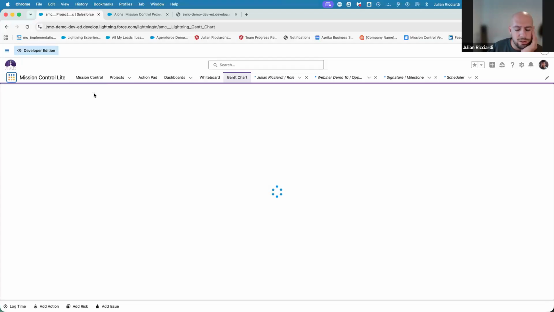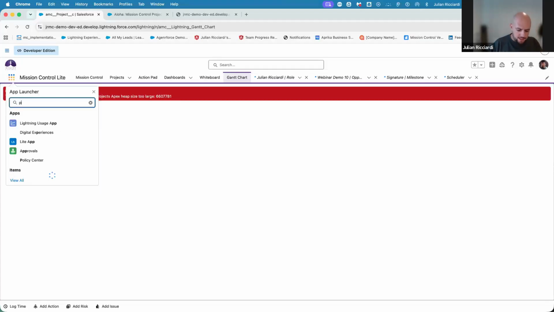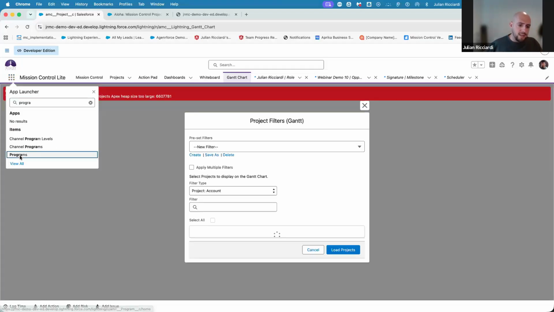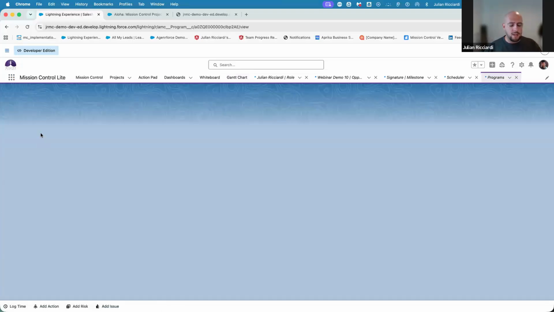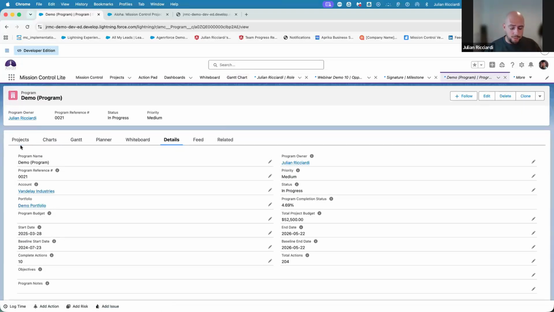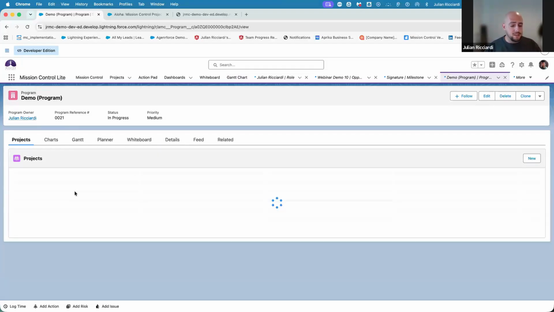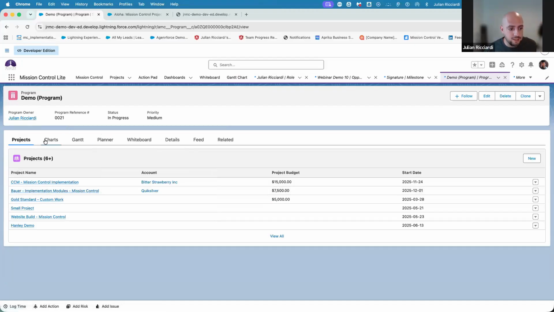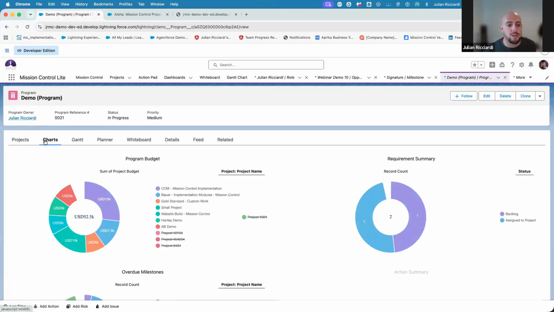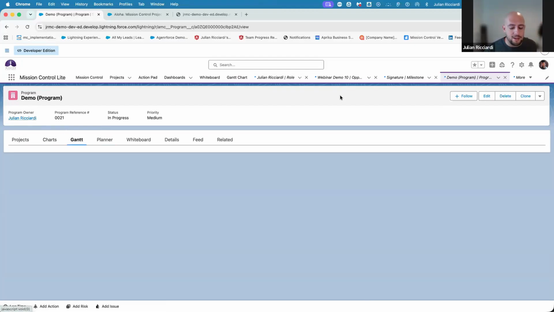I've been playing around with this environment a bit recently. So going down from the global level and looking at it from a program level, the level above a project, which is basically a group of projects, you have that same similar view as the global level, but more on a program level where you can select a group of projects, have reporting on that group of projects, and even have that Gantt reporting here